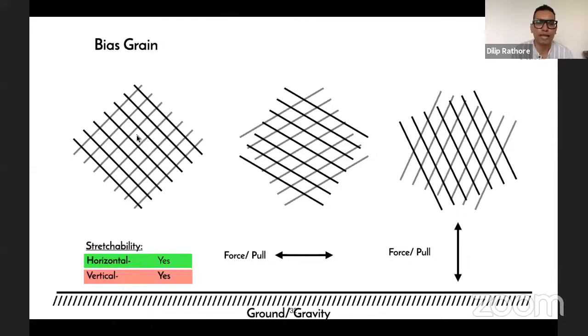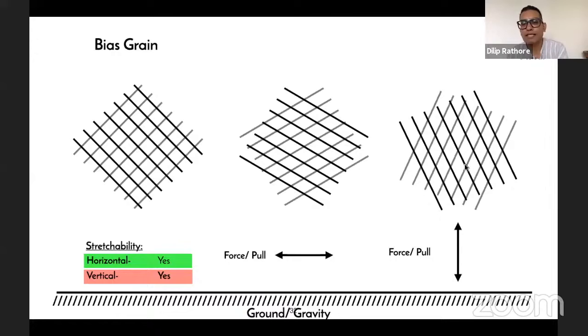So there is a little gap in between here, you can see, and these gaps change because of the horizontal pull, and the fabric distorts in order to give the fit. So if it is a fitted blouse, this is how it's going to stretch and fit on the body. Now here we understand that if there is a garment which is fitted, this grain can actually support the